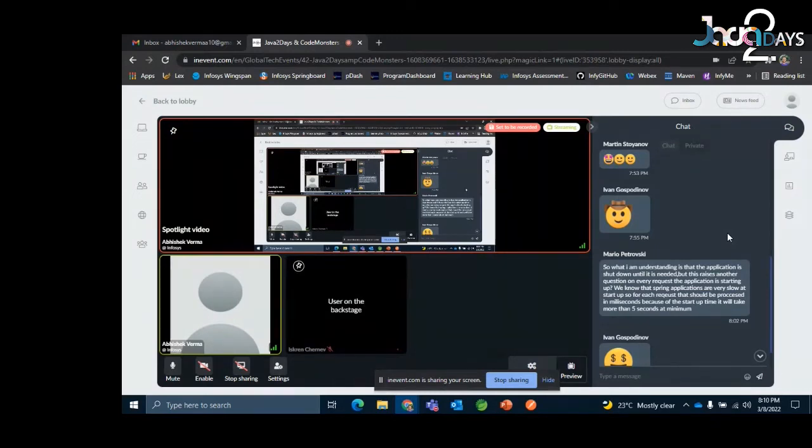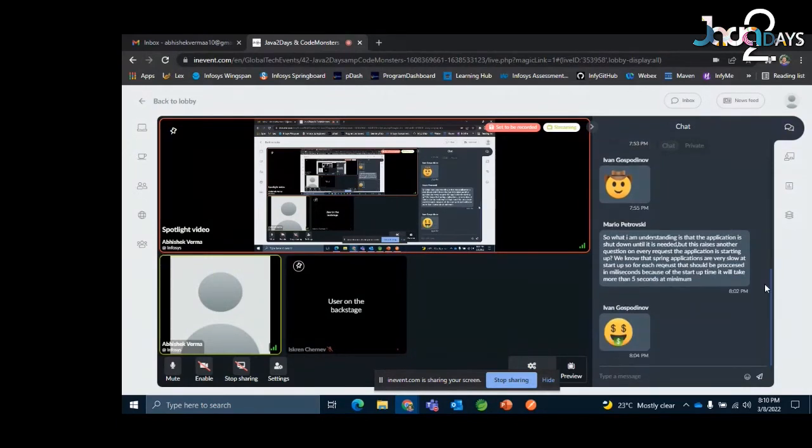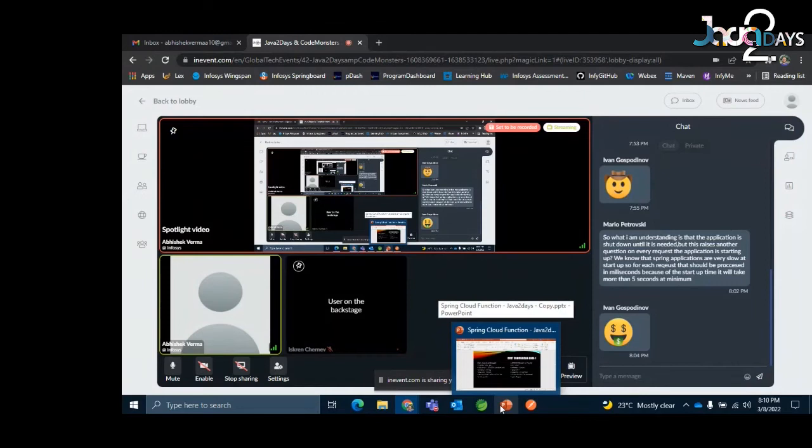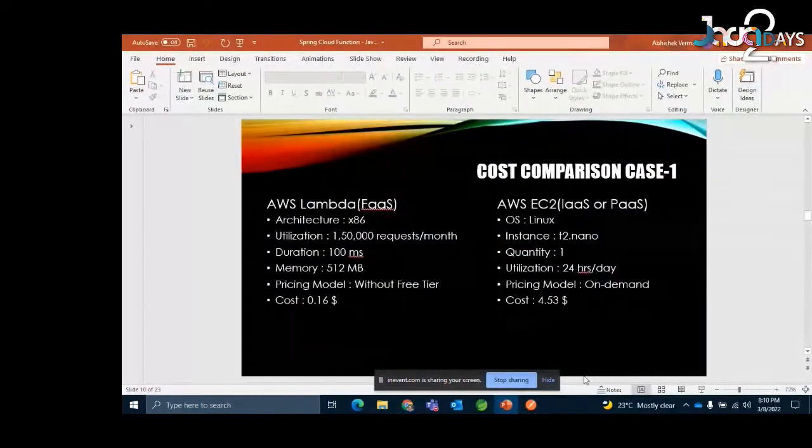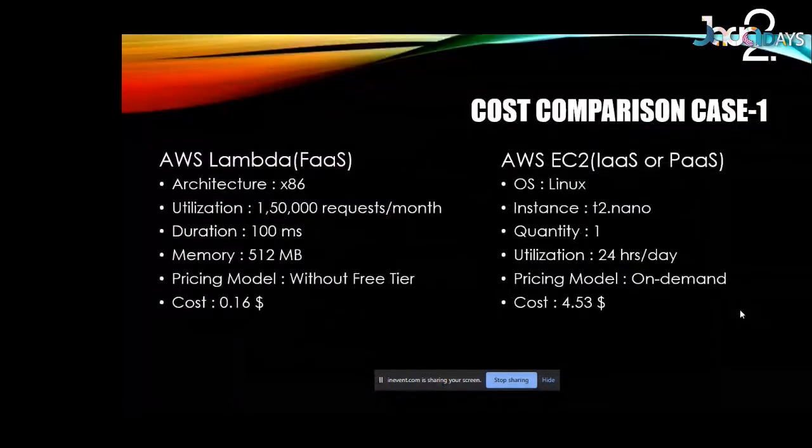But within those 15 to 20 minutes also, you don't need to pay for all the 20 minutes. You just need to pay for 2 milliseconds when it is actually working and doing something. So that's the essence of it. Only the first request is going to be very slow, which we call the cooling period. All other requests are going to be fast, and that I'm going to show in reality.